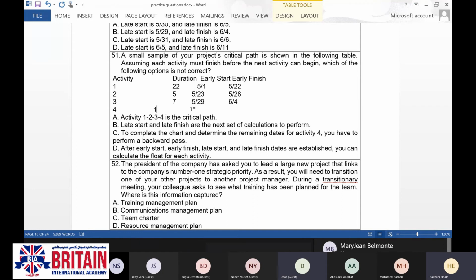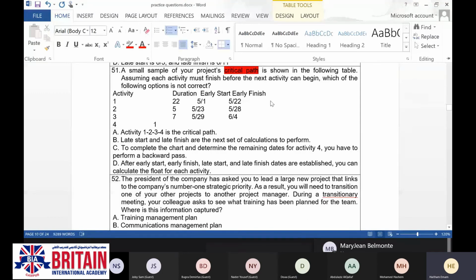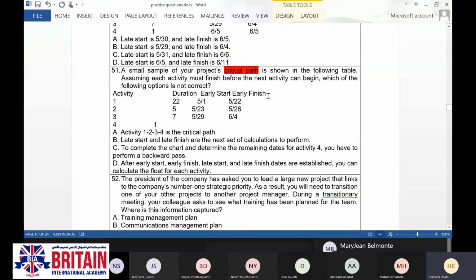Who said? The question is stating actually your project critical path. So all the activities on this project are representing the critical path activities. So number 1 is what? Is correct? It is already mentioned in the question. Yes.